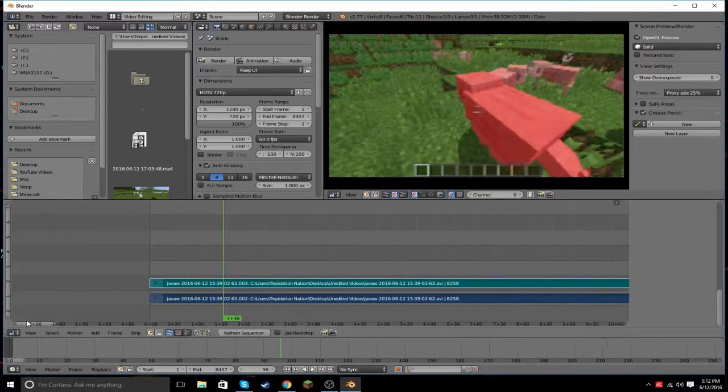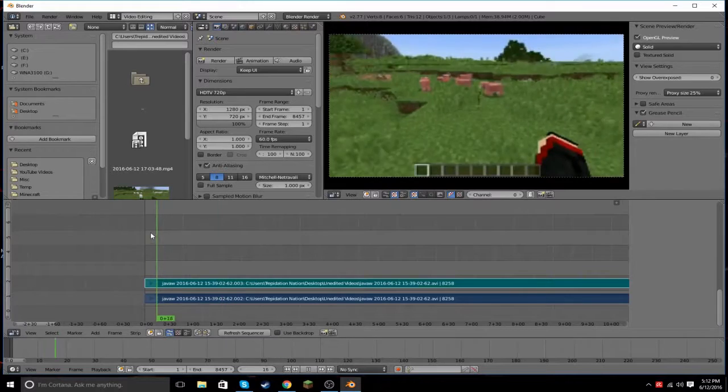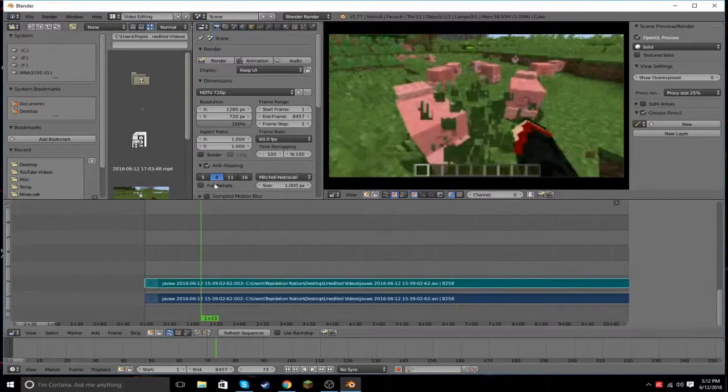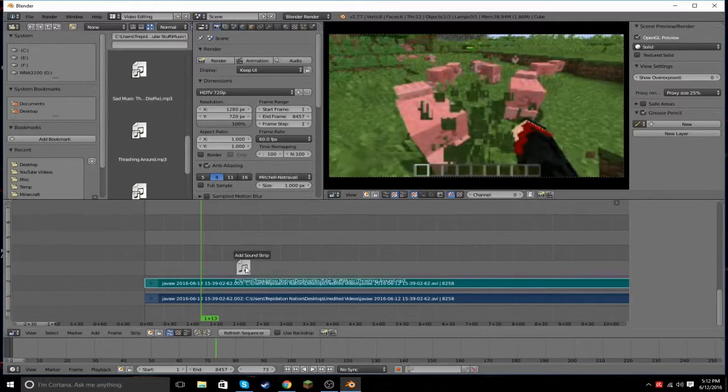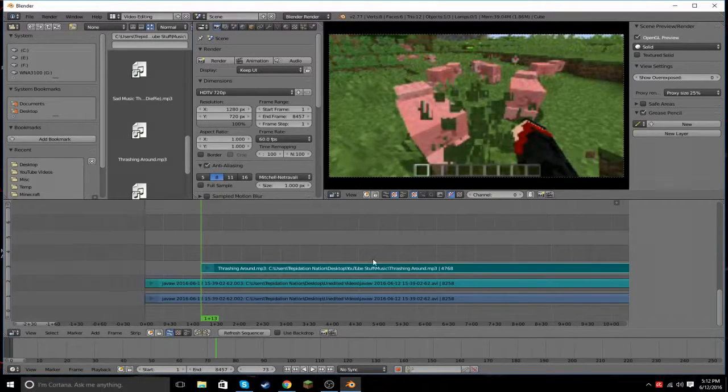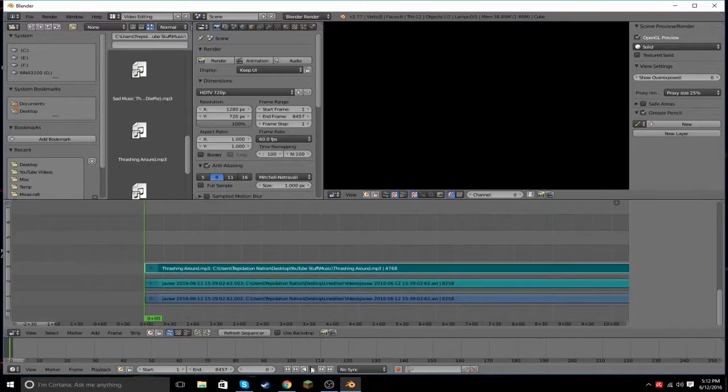Alright, so if you want to add music to your videos, you just go up here to where you have these files open. You look through here, find wherever you have your music. Mine is in my YouTube stuff music, and we'll just put thrashing around, and wherever that little green slider is at is where it's going to put the music starting at, and we'll just move it and we'll put it here at 1. Start the video and it'll be